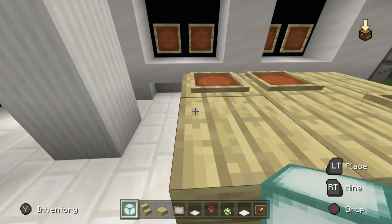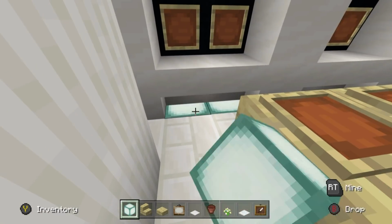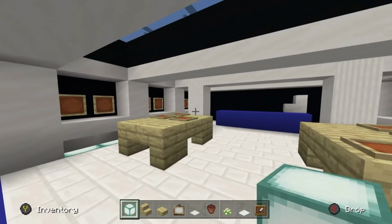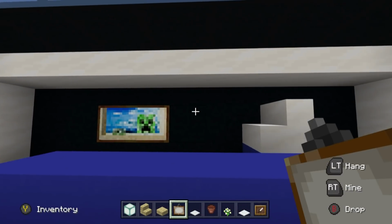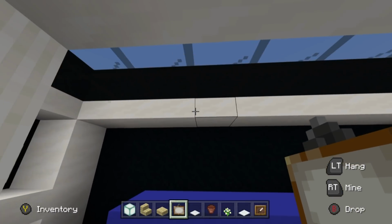And this side. It just makes it look a little bit better. It just kind of grabs the eye a little bit more, I think. And of course, when it's dark, it'll actually be quite nice in here. So we also want to put up some paintings. I like paintings specifically. Oh, maybe we could even...